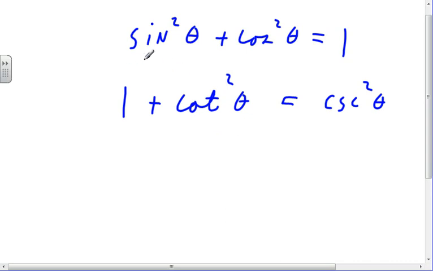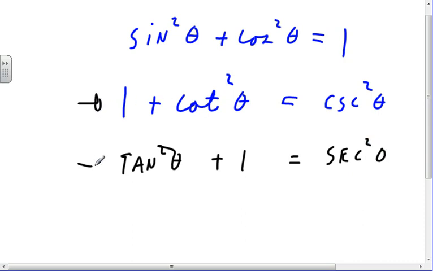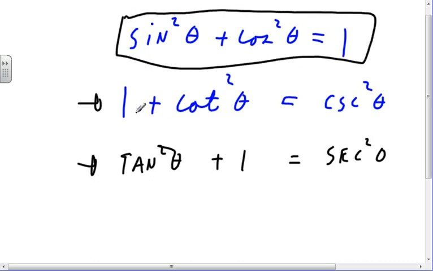Now, if I divide everything by cosine squared, I would get tangent squared theta plus 1 is equal to secant squared theta. So I don't remember this guy, I don't remember that guy. All I remember is this guy. I always remember him. But if I see something that looks like those guys, then I go back and ask myself, is it really trying to tell me something different? But I derive those guys. These are things I don't have memorized. These are something that I derive. Okay, well, with that,